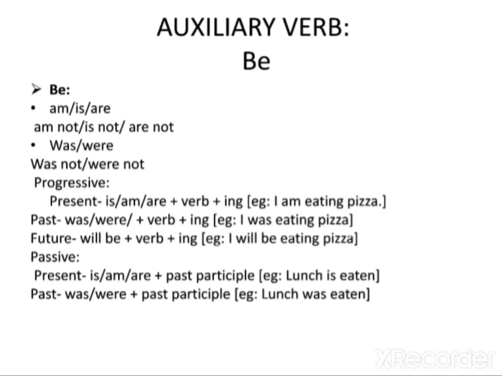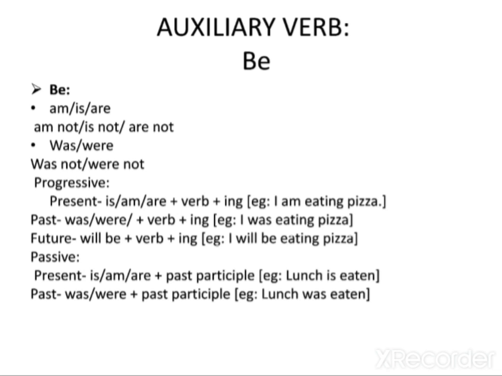If we use the future passive, I could say lunch will be eaten. So again, where we are using the future, we use will be, but we are going to use the past participle. Have you made some sentences? Do it now. So we have done the verb to be, and hopefully it is beginning to make sense, because English grammar rarely makes sense. I'm going to make sense for you.